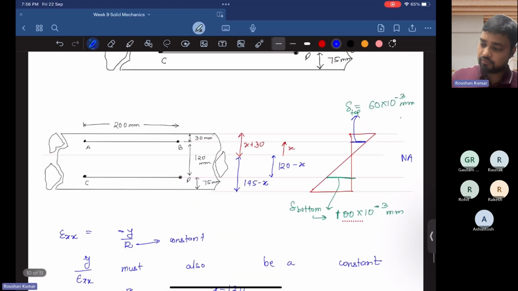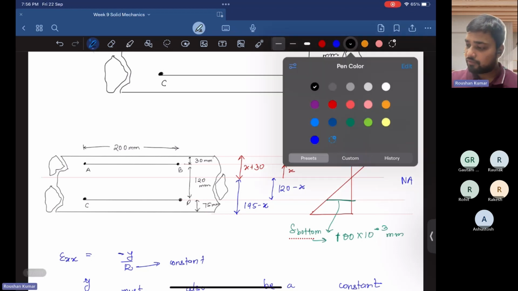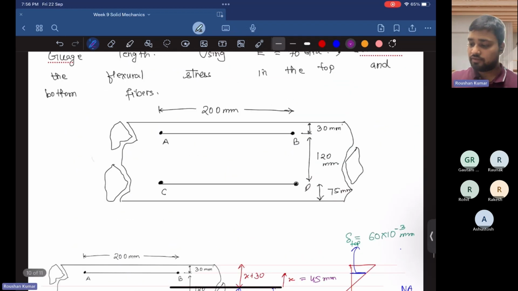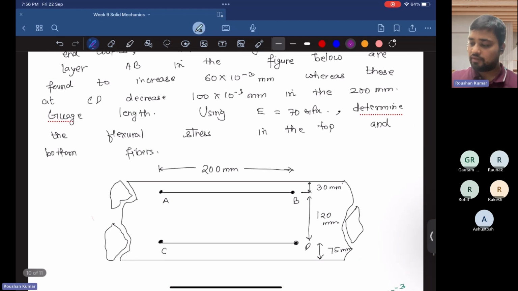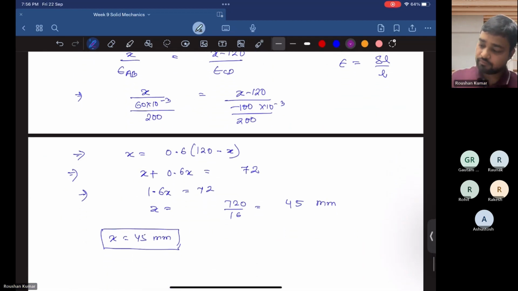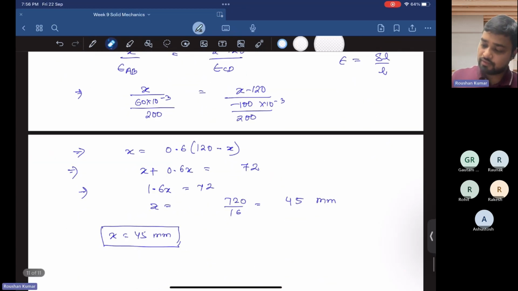So we know the position of the neutral axis, that is 45 mm from the AB fiber. Okay, we know the position of the neutral axis. Now what is the question here? We have to find the flexural stress, that is bending stress in the top and bottom fiber. So first we have to find the value of